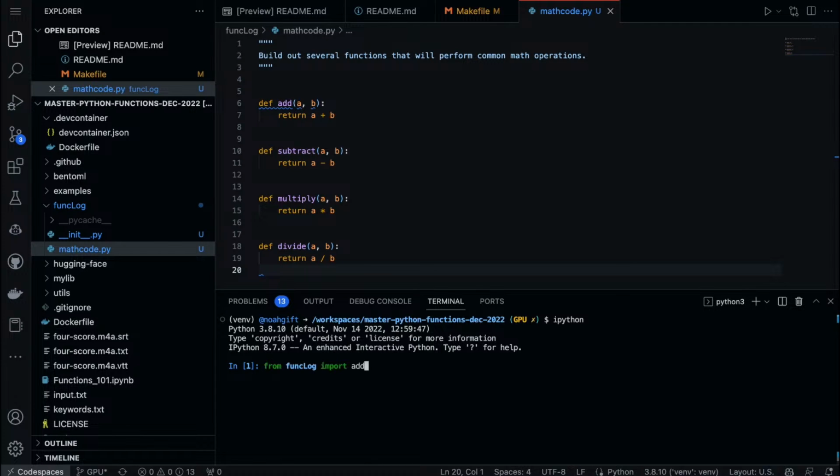That's actually not the name of the file. So what we want to do is say from func log dot math code import add. There we go. So I've already flushed out one potential bug, and then I just say add 2 and 2, 4, right? This is, I think, one of the funnest ways, once you start building out a library, to actually execute it.